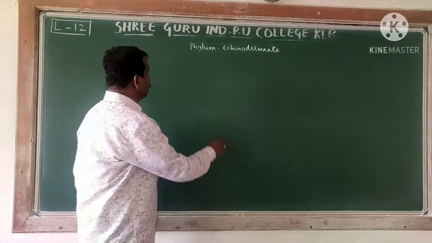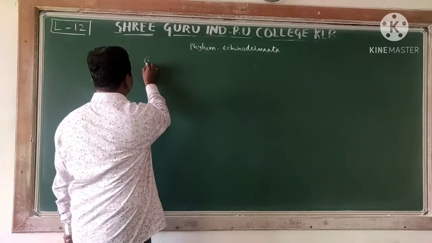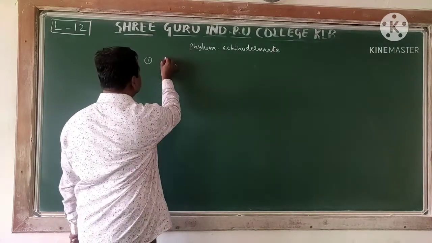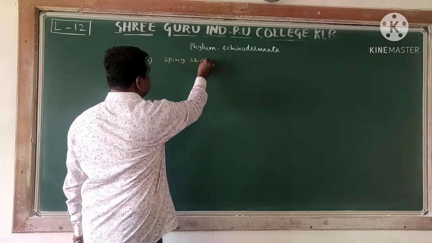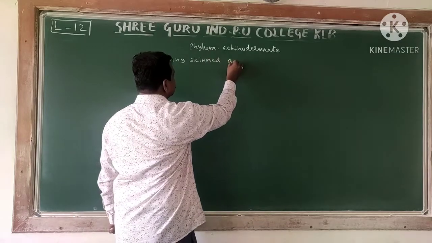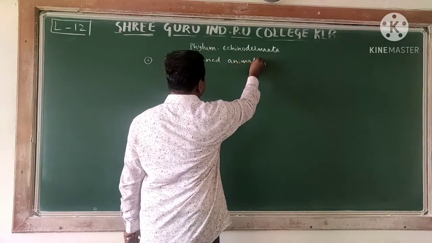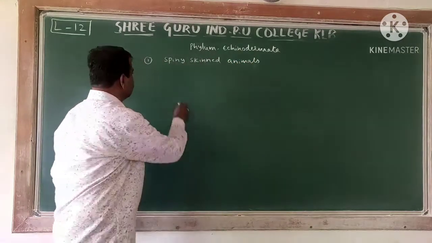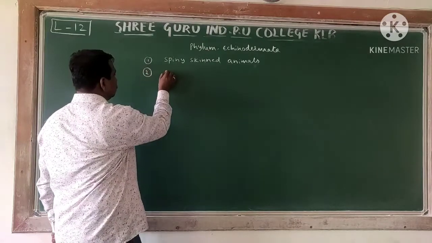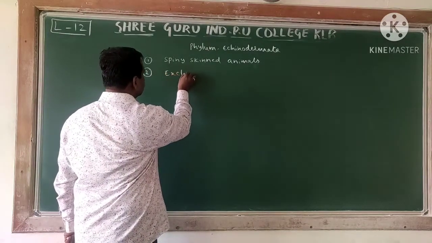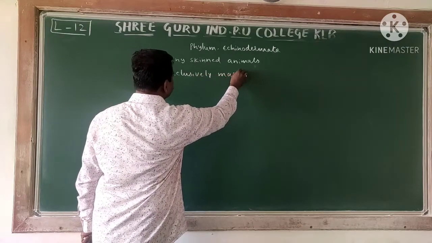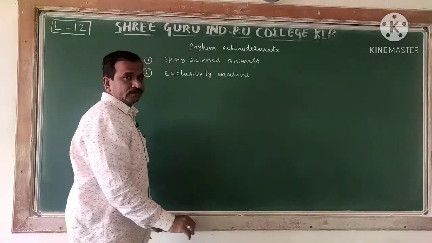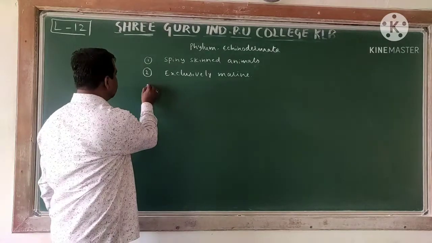Now, for the Echinodermata, number 1, I told you the meaning: they are spiny skinned animals. Then the second character is that these are exclusively marine. What we are observing here is exclusively marine. And the third